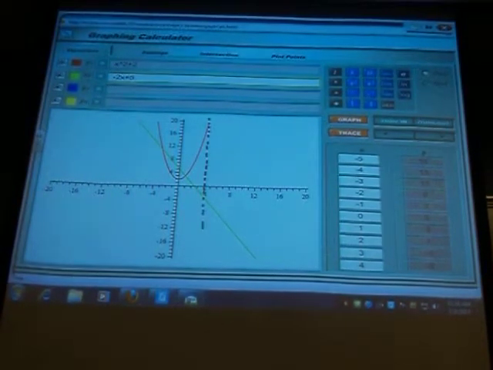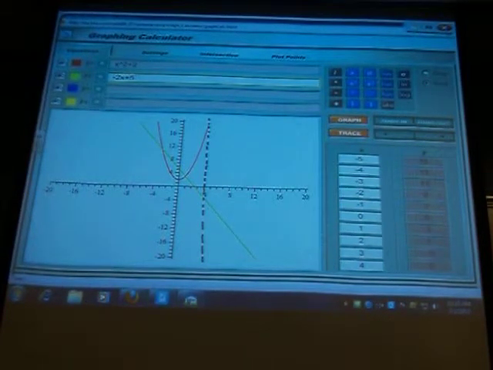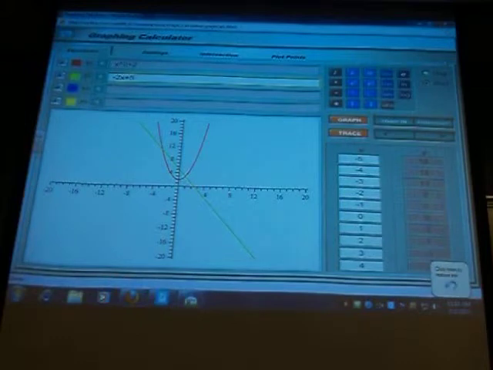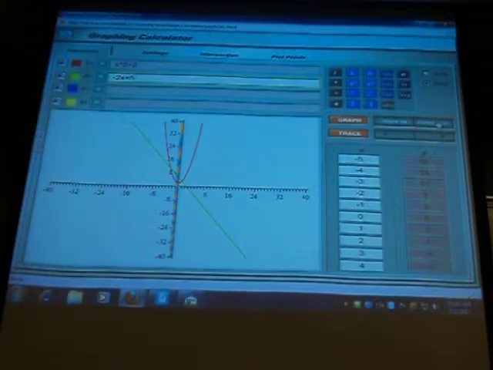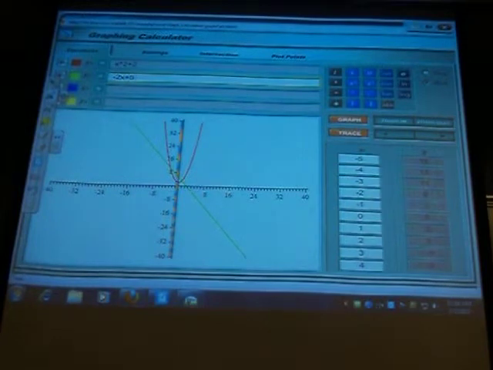Could you zoom that out? Zoom it out, what do you mean? I mean, so that it's more obvious, so you can see the parabola more. Okay. Sorry, like this? Yeah. Okay, so x equals 4 then would be